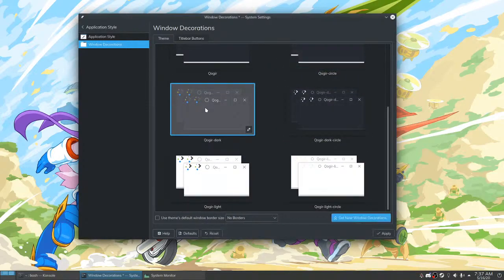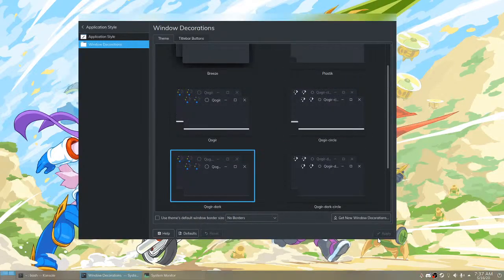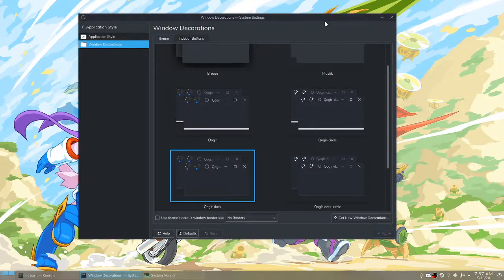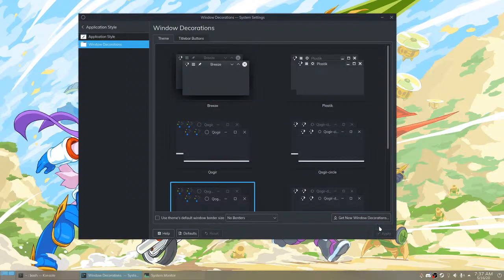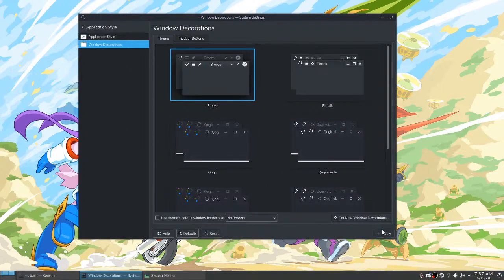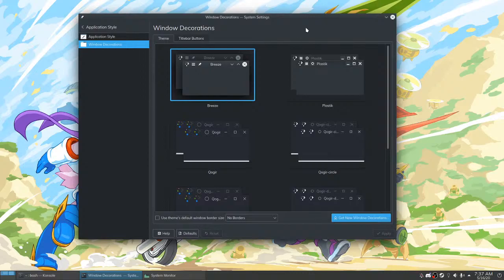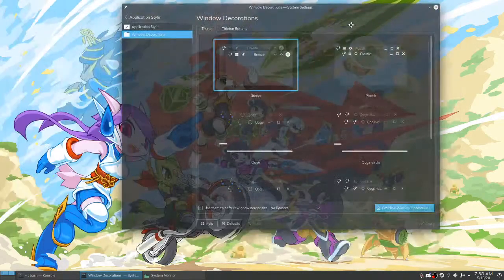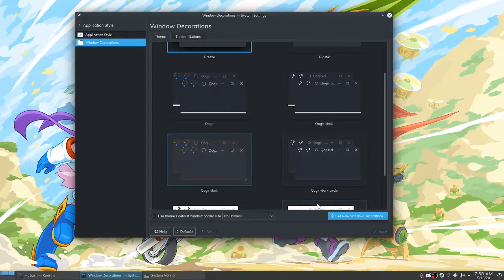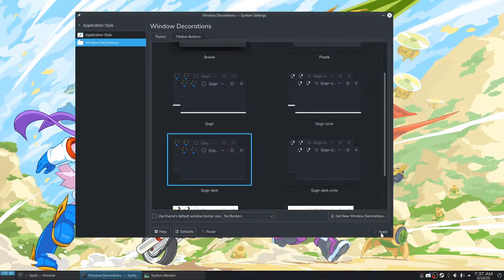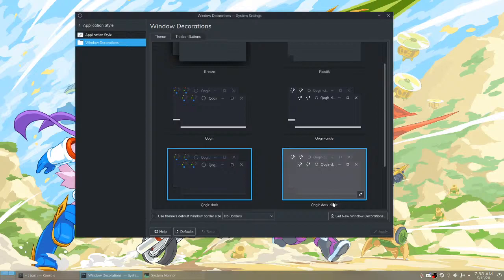So yeah, I use this. Boom, and now it's just flat and you can see clearly where the title bar ends. That's another thing I don't like about this. You can't really see where the title bar ends. Everything fades together. So if I try to grab here, nothing happens. But if I move up a little bit, oh, now I can move it. I don't like that. That's not good UX. You can see it better on normal Breeze color as well.